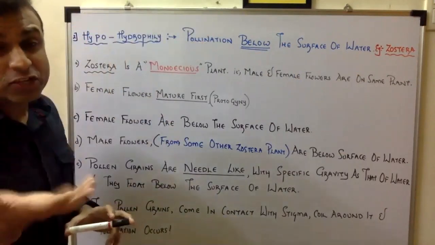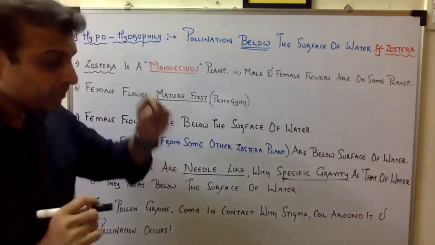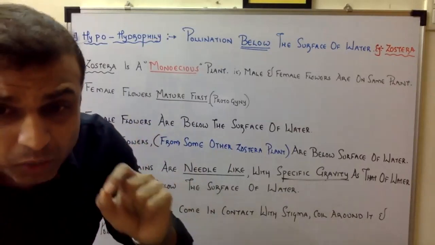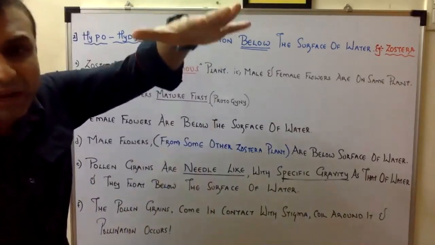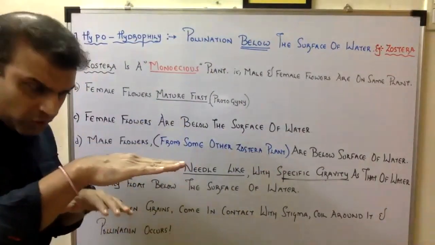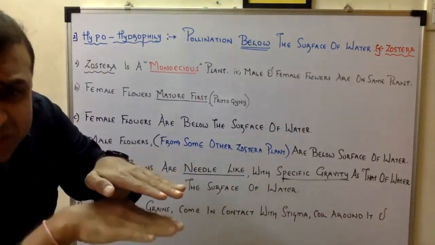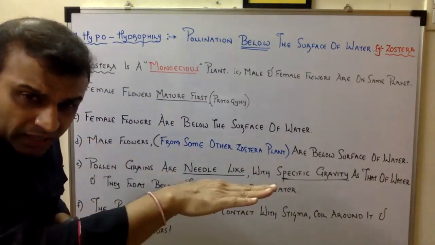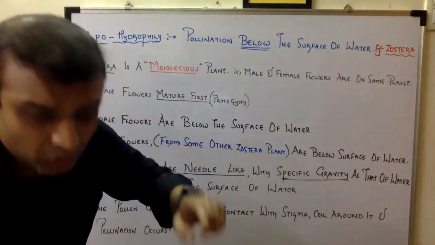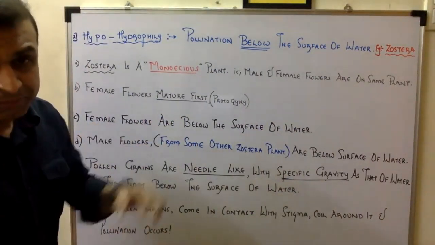अब ये जो पोलन ग्रेन्स है ये कभी भी सरफेस के ऊपर नहीं आते हैं, क्योंकि ये जो पोलन ग्रेन्स है उनकी स्पेसिफिक ग्रेविटी, प्लीज अंडरस्टैंड दिस टर्म, ओके, इनकी जो स्पेसिफिक ग्रेविटी है वे पानी के उतनी ही होती है. अभी पानी के उतने होने की वजह से ये कभी भी ऊपर नहीं तैरेंगे, दे विल ऑलवेज बी बिलो द सरफेस ऑफ वाटर. नाउ as they are below the surface of water, see, I'm not saying that they are sinking down, they are below the surface of water, okay? तो वो पानी का जो करंट होगा उसके साथ साथ वो भी बहेंगे, and they will come in contact with the female plant, or rather female flower to be very specific, और उधर पे वो पॉलिनेशन करेंगे, okay? तो ये हो गया हमारा